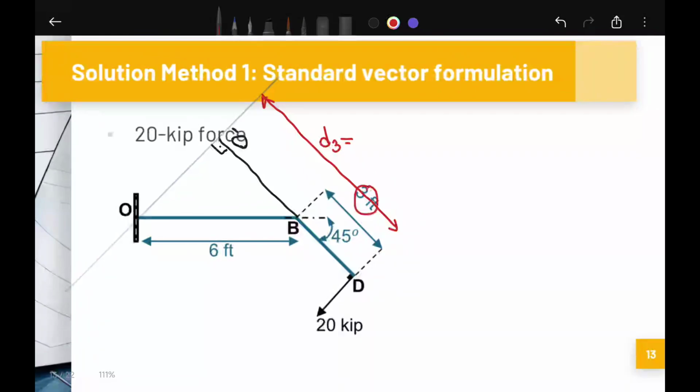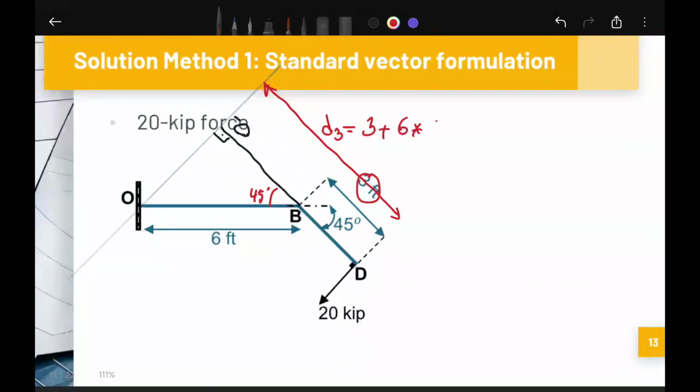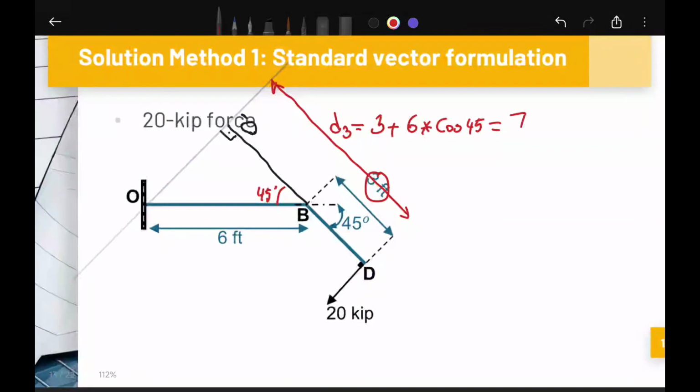This distance is 3 feet, 3 times this angle is 45 degrees, so 6 times cosine 45, and so the last moment arm is